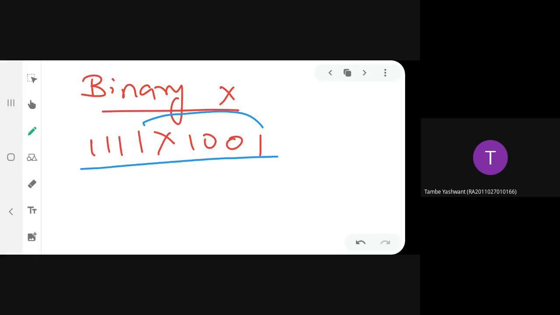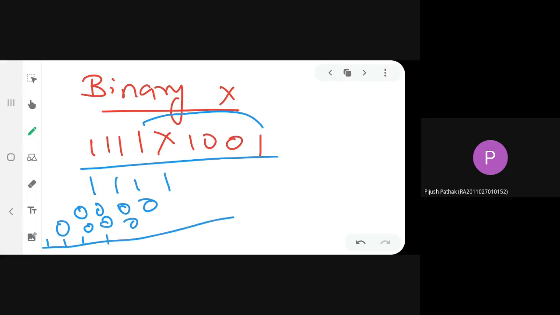Like usual multiplication you will do, no? Same way you will be doing. Ma'am, 1 into 1001 will be 1001, and 0 times gives 0. Others also should understand, no? It is like normal 15 into 9 multiplication, which gives 135. Then you have to do binary addition, with carry. So the answer is 10000111. Did all get this answer? Yes, ma'am.